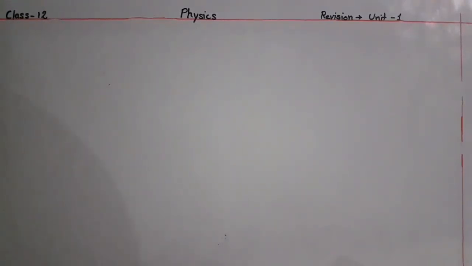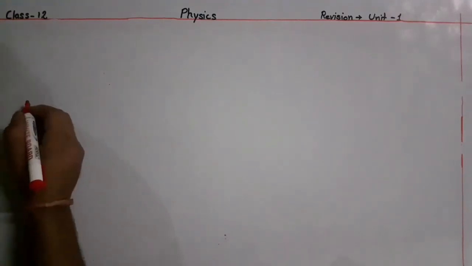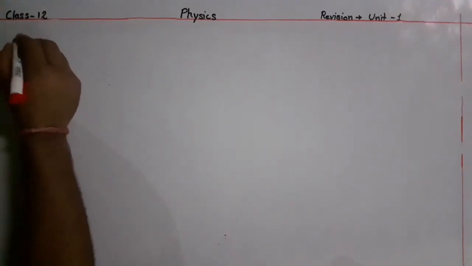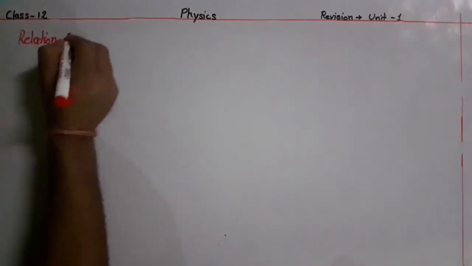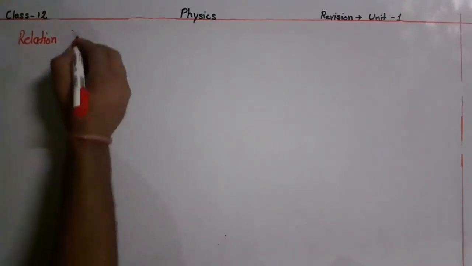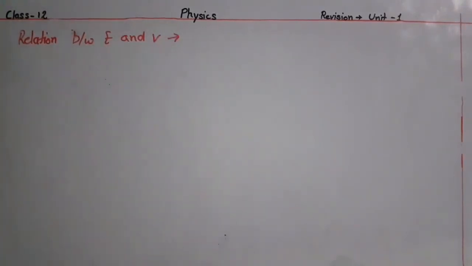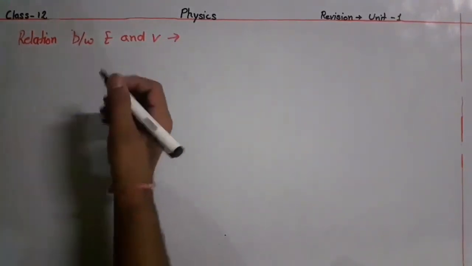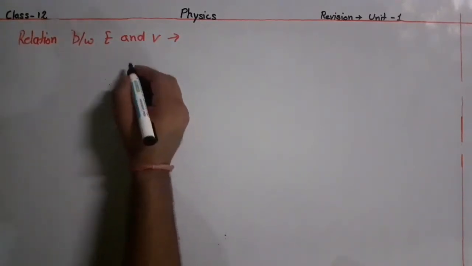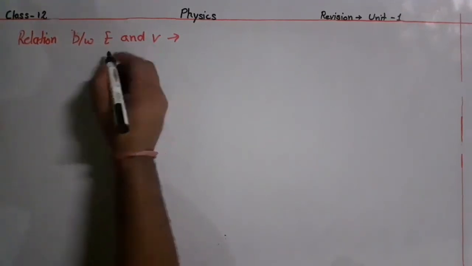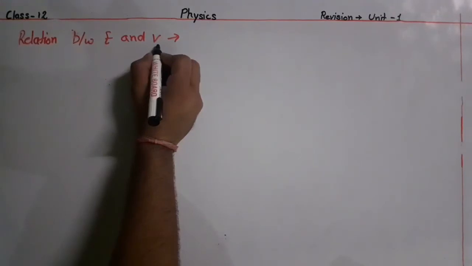Next topic is equipotential surfaces, and equipotential surfaces are the surfaces which have the same potential on them. Next topic is the relation between electric field intensity and electric potential, or in simplest terms, the relation between E and V. So let's discuss and find out. E and V have a common term which is work done. So let's find out work done in the form of E and work done in the form of V.